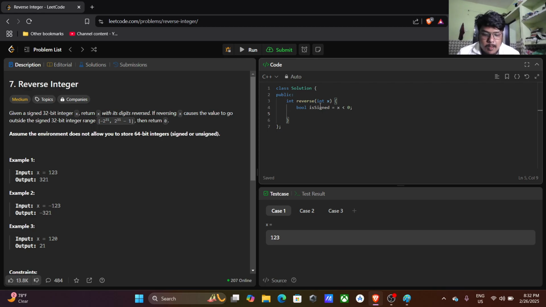Then I will take var temp, and it will be the absolute of x. So now, while temp is not equal to 0, and also we have to take